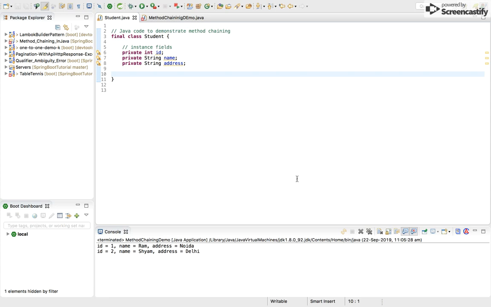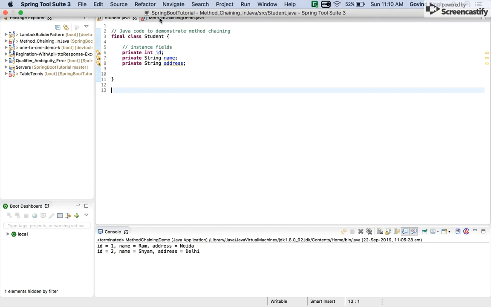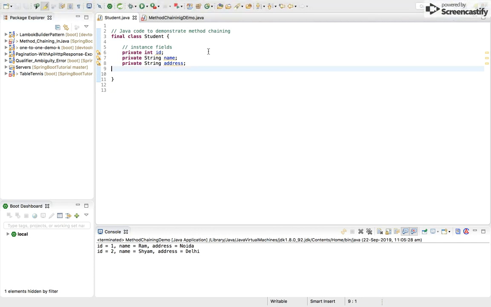Welcome, friends. So today we will learn about the method chaining concept in Java. Through method chaining, you can say we can make 10 lines of code into a single line of code. Through method chaining, we can reduce the lines of code actually, and let me show you this by using